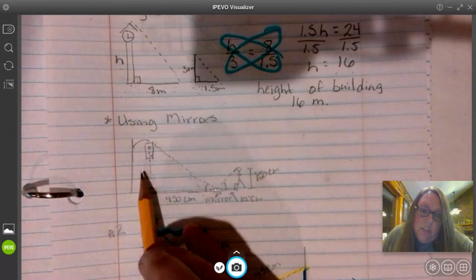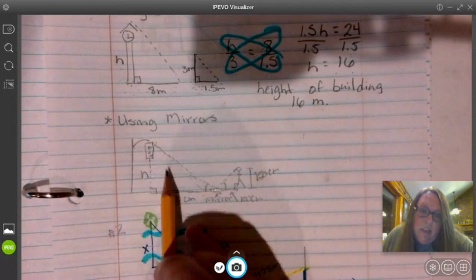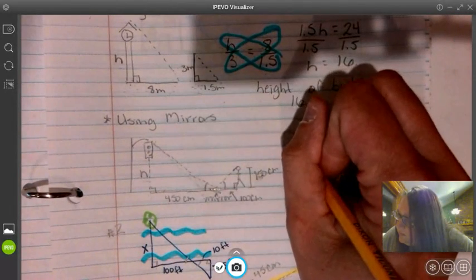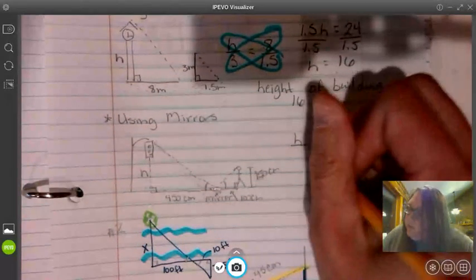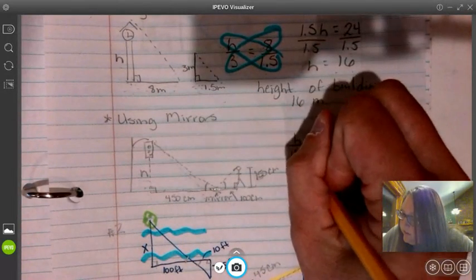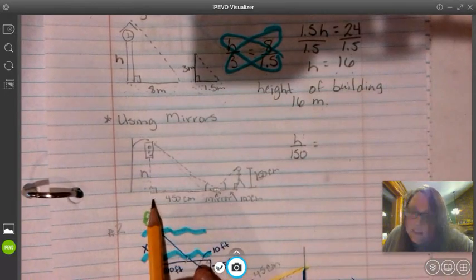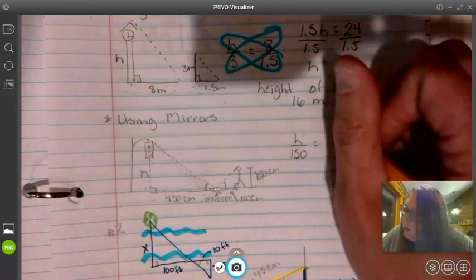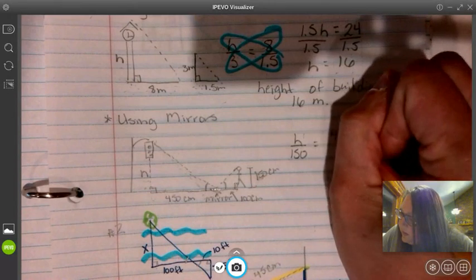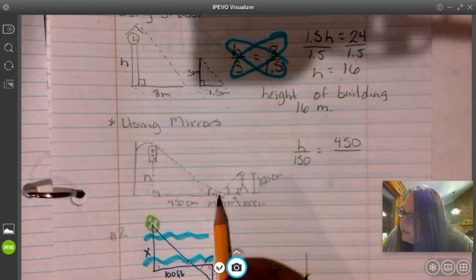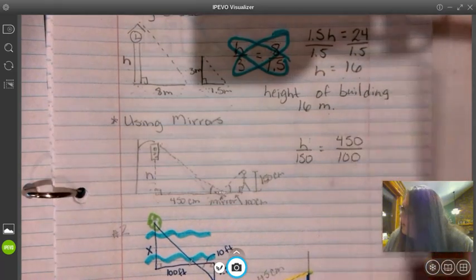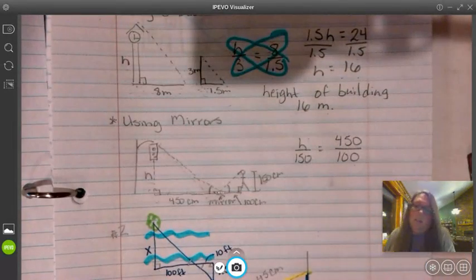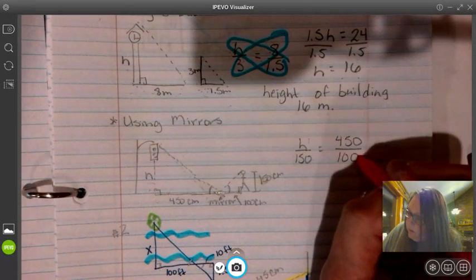So we could do our height of the traffic light to the height of Jim from his eyes to the ground, 150. All right, and the distance from the traffic light to the mirror would be 450. And the distance from the mirror to Jim is going to be 100. So this one's going to give us a little bit larger. We're going to do some cross multiplication again,